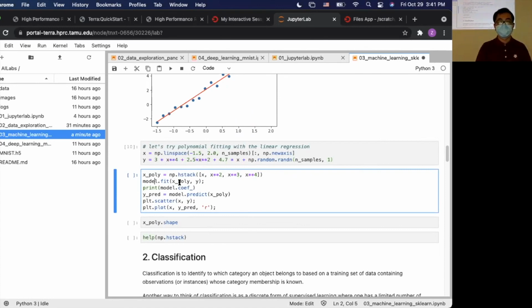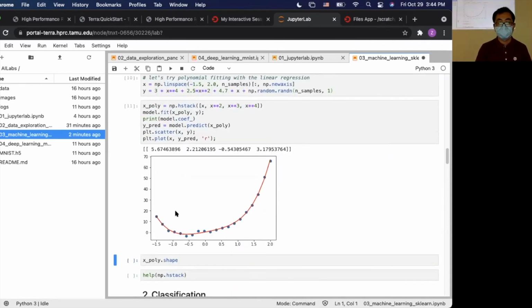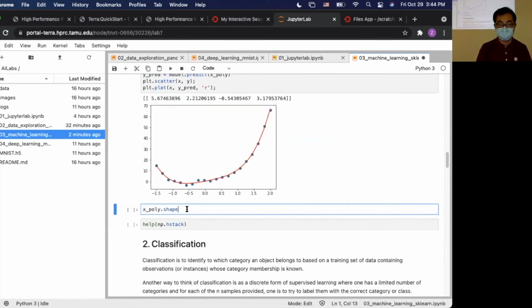Then we want it to make some predictions, and we plot these data points and the predictions to see how close they are to each other. Now you can see we do a polynomial fitting. It's very close to the data points, so it's pretty good.